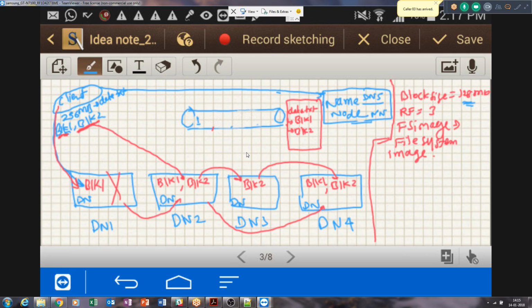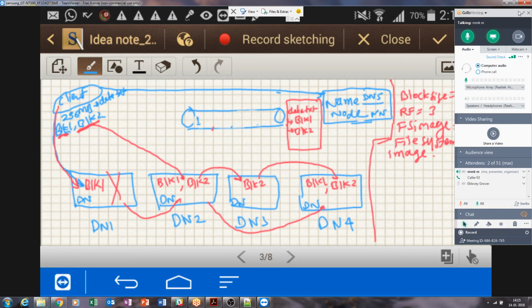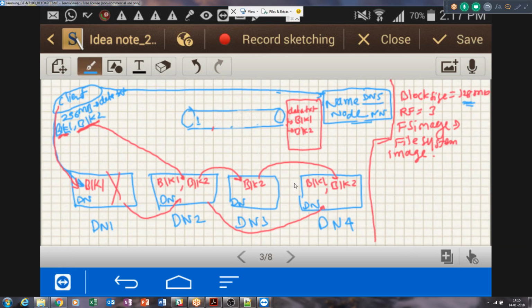Now our concern is that let's say data node 1 goes off. Data node 1 is killed or some process might stop, and data node 1 is completely out of network, out of order. Now what will happen? Immediately name node will come to know that the block 1 replication factor is 2. Why? Because when it scans the block reports, it sees that only 2 data nodes report block 1. Which data nodes? Data node 2, which has a block 1 copy, and data node 4, which has a block 1 copy. Then it will assume that the replication factor of block 1 is not 3.